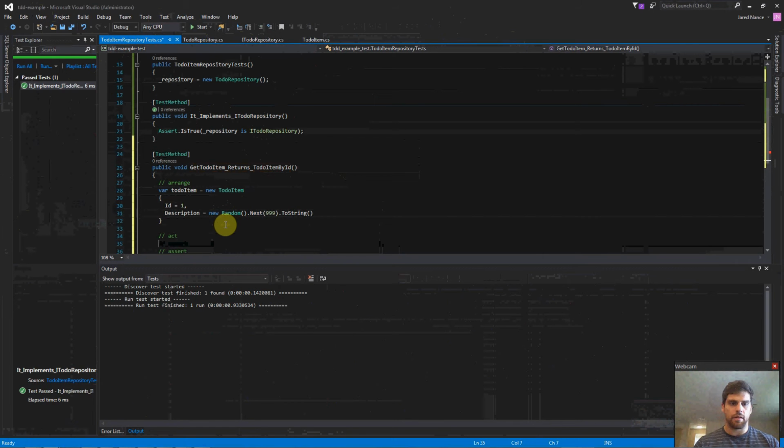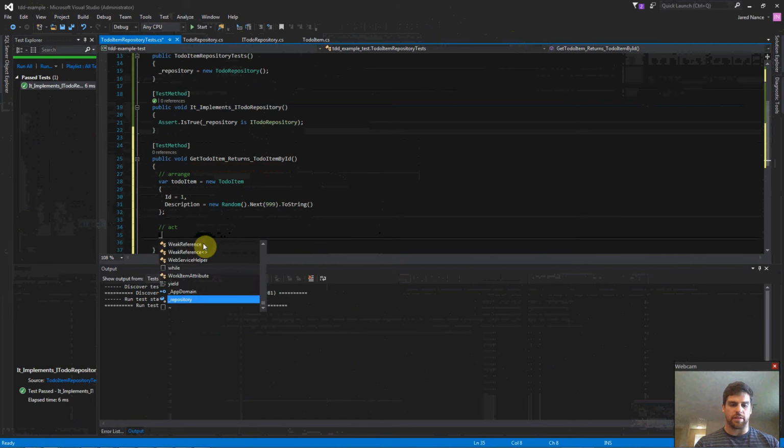Okay. And we're going to act by calling the repository getToDoItem, todoitem.id,